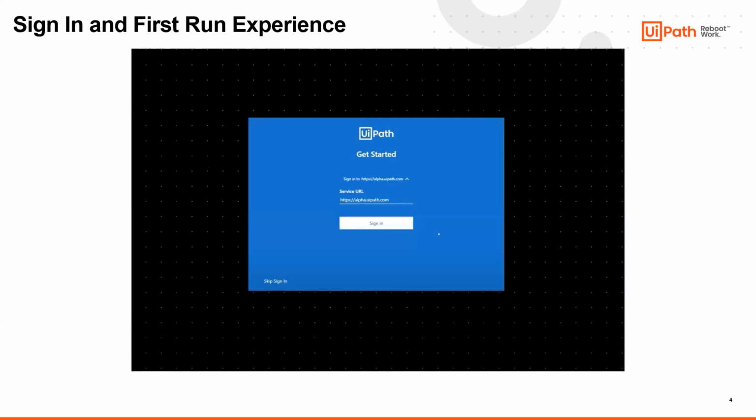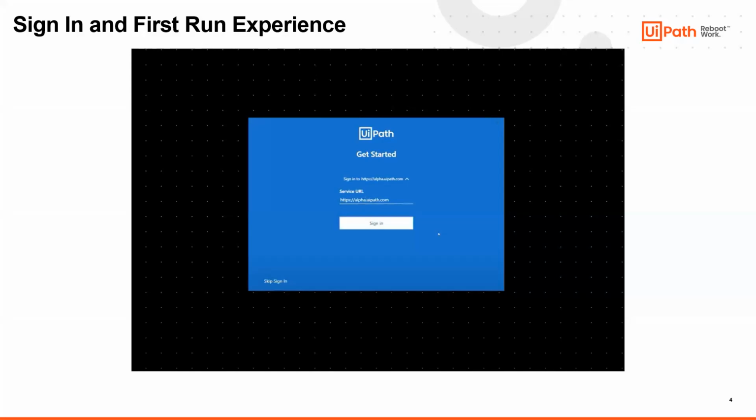Once you sign in to that platform and download the latest Studio setup, when you try to install, the first home screen you'll get is this particular screen. And you can select the service link, either cloud.uipath.com or alpha.uipath.com.